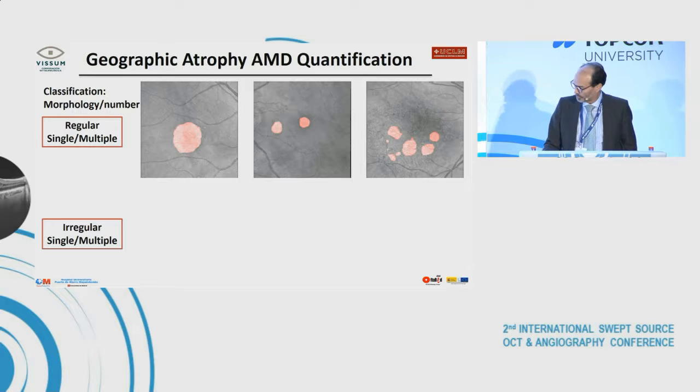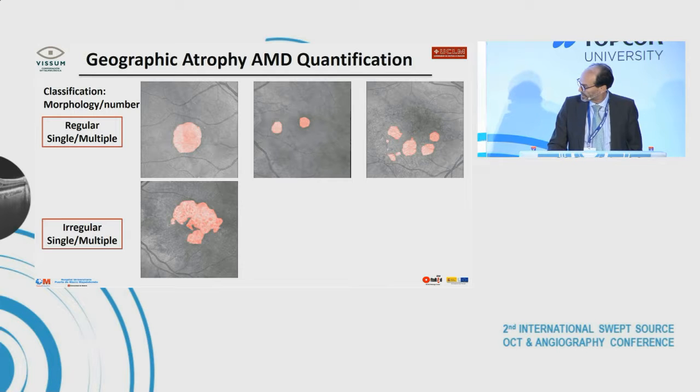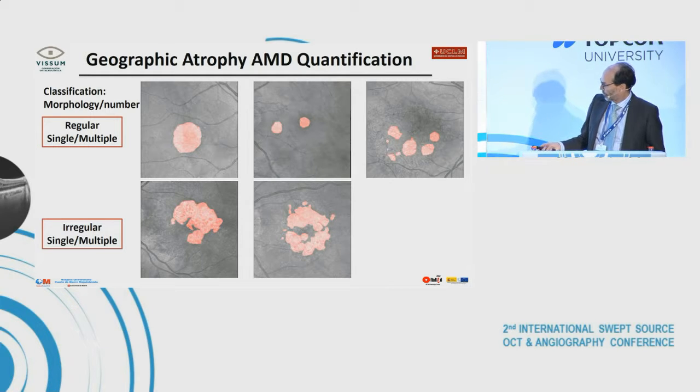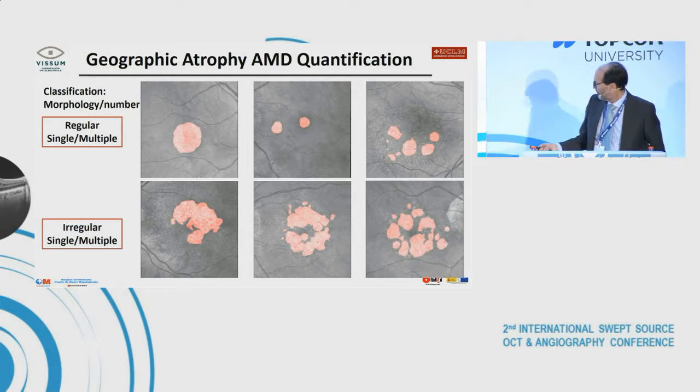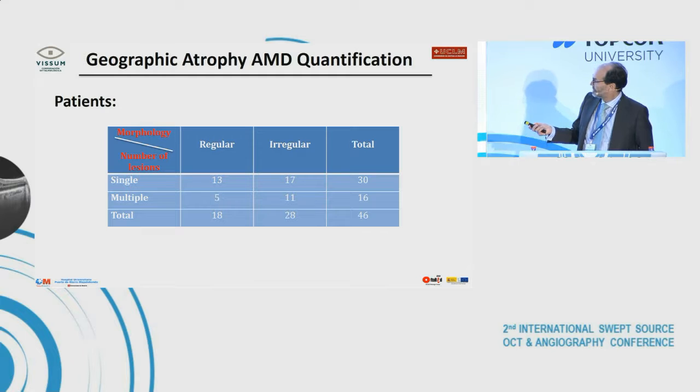And we also studied the irregular lesions with different morphology, single lesion, multiple lesions, or a higher number of lesions in every case. In total, this is the distribution of our eyes: 46 eyes, 30 single lesions, 16 multiple lesions, 18 regular lesions,